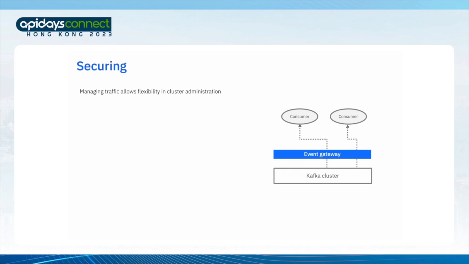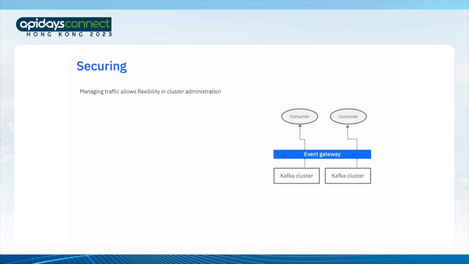I'm going to give you another example of this. I talked before about the flexibility that API management can bring, decoupling those consuming applications from the specifics of the individual back-end event brokers. So maybe you start out with a single Kafka cluster that has all of your topics. And then in time you decide you later need to split this into 2 separate clusters, dividing the topics between them.